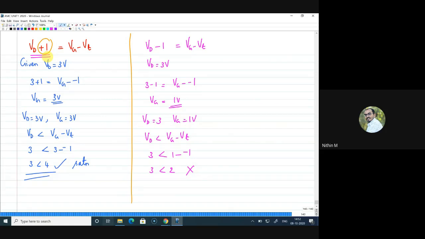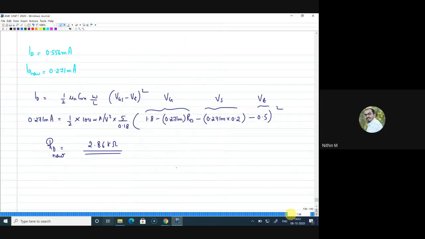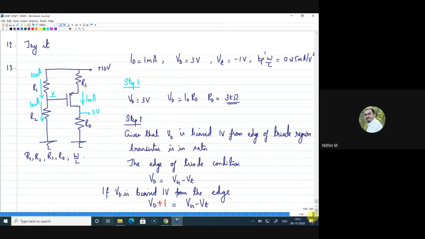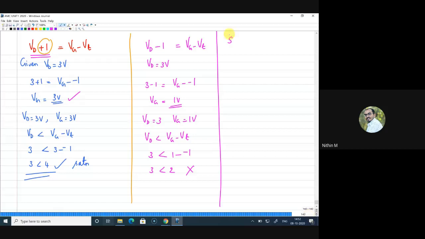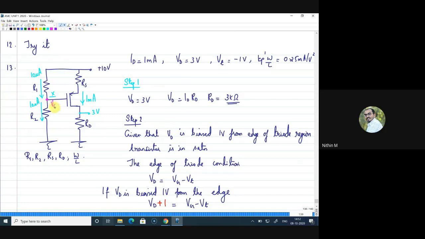Right. So from this we obtain VG. Now if you know the VG value, how will I proceed? I think I have written some steps. Step 2 is done. Now we'll go for step 3. What is step 3? VG is given as 3. If you look at the circuit diagram, this is the VG node. What is VG? The 10 volt supply is given here, and this is the voltage divider.